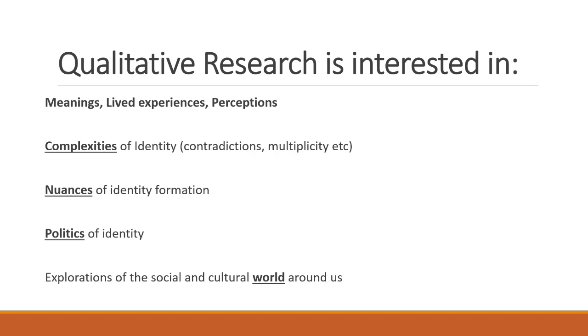What are they? The contradictions, the multiplicity, that a person is a woman, is a sister, is a mother, is a manager, is a leader. So these multiplicity of identities, what do they mean in terms of how a person sees themselves and how they're seen by other people? And what are the contradictions of those as well? So expectations in terms of society, but also expectations in terms of how a person would like to present themselves in the world. So how does one deal with those contradictions when it comes to identity?